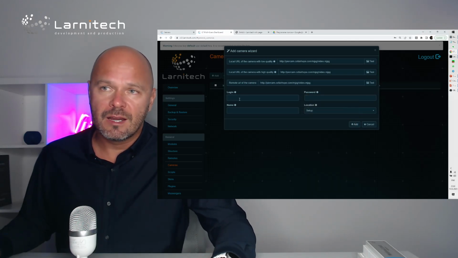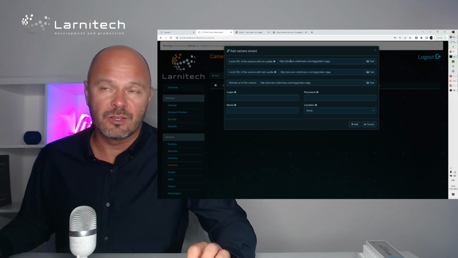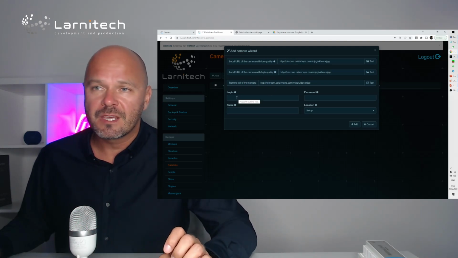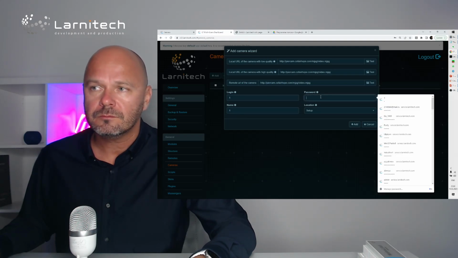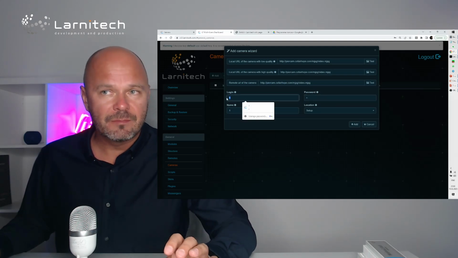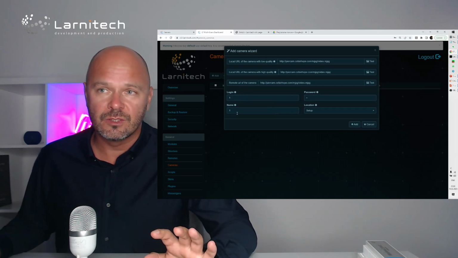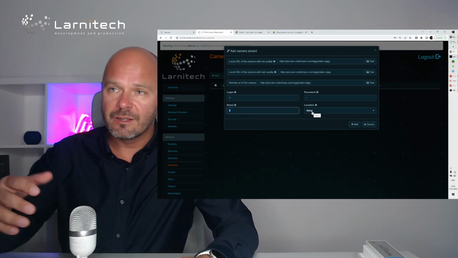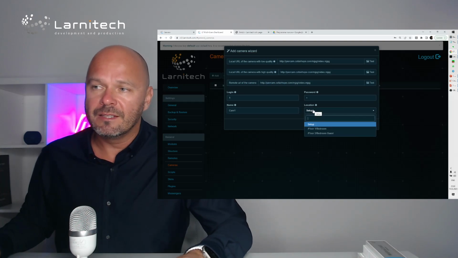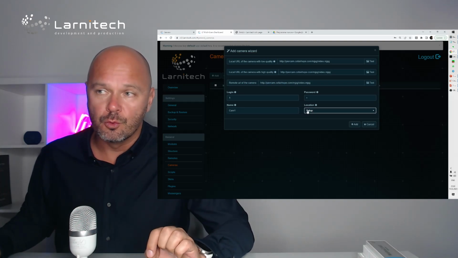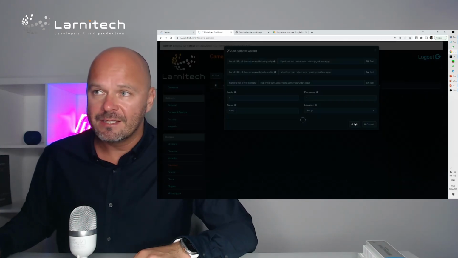So now I don't need a real login and password because there is nothing for these cameras, but I can enter any of those. So something I need to enter. It will not work if I enter nothing to the login. The name should be the name of the camera, so cam1 for example, and the location is the room where we need this camera. So now I press add,